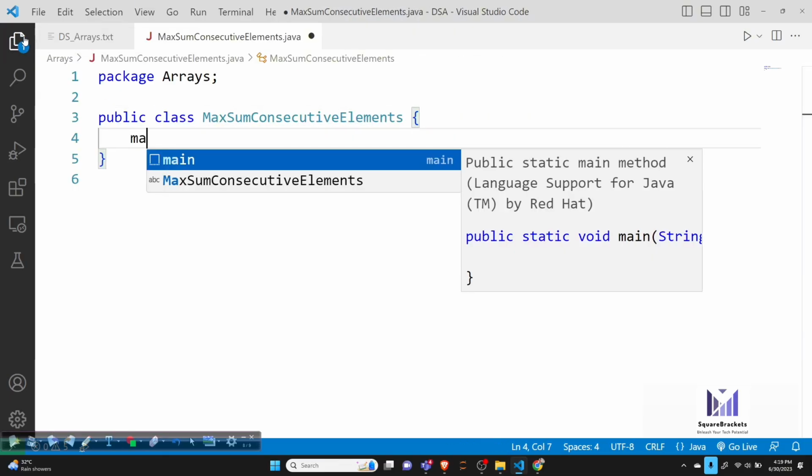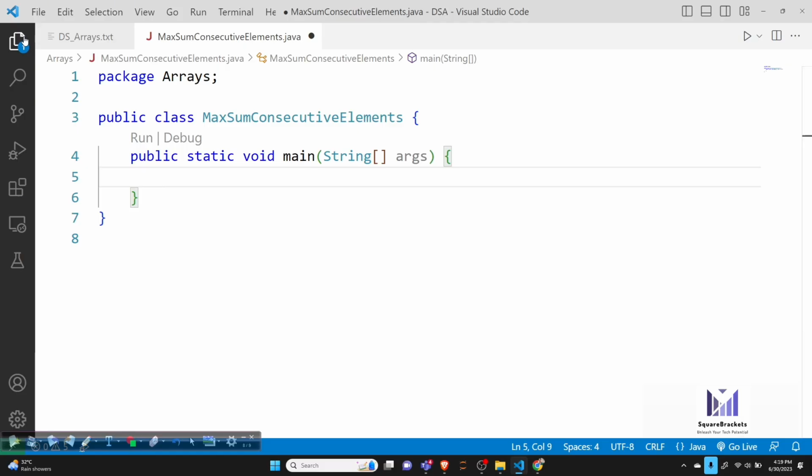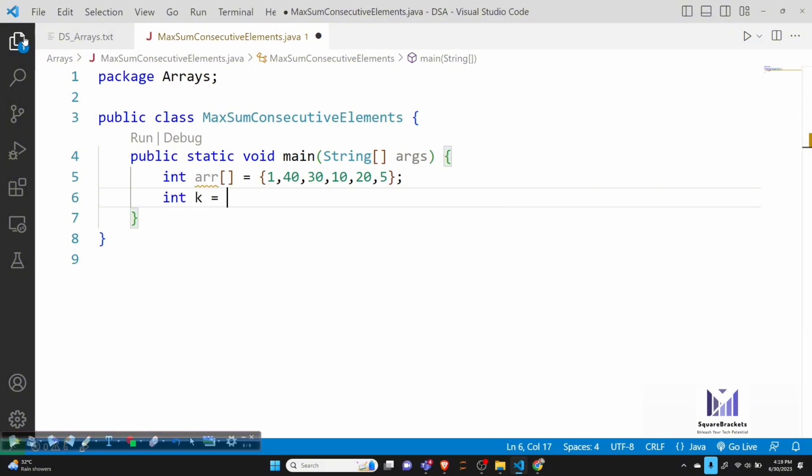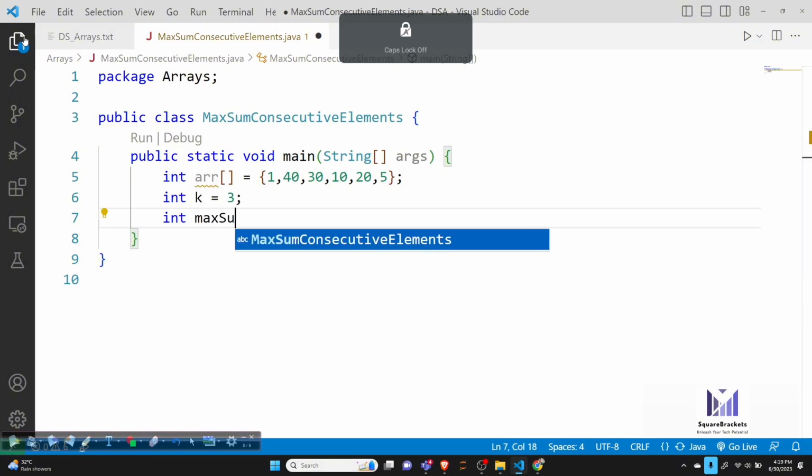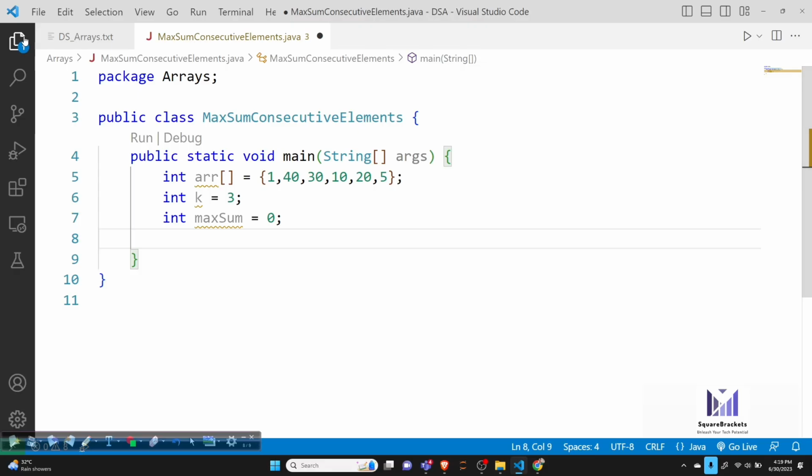Now in this, suppose we have one array and the array was 1, 40, 30, 10, 20, 5. This was the array. K was 3 and maximum sum is initially 0.